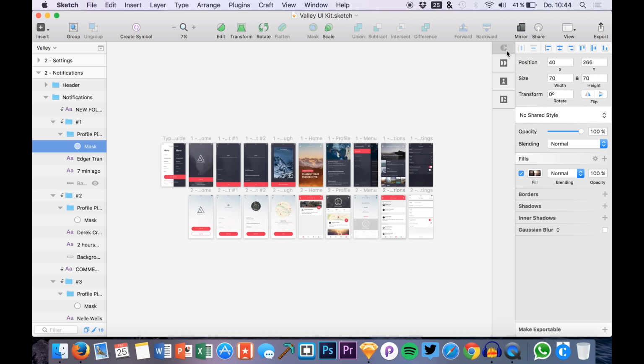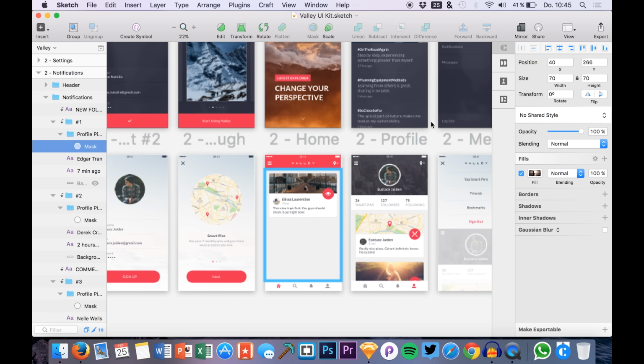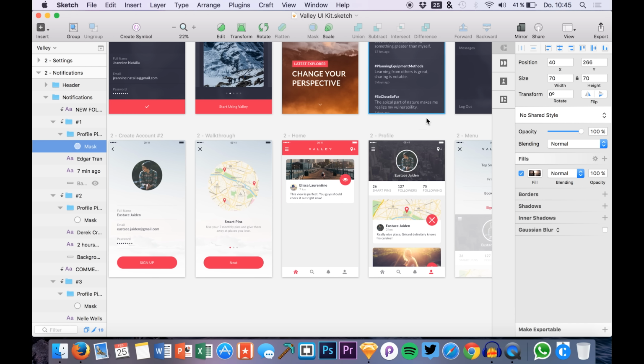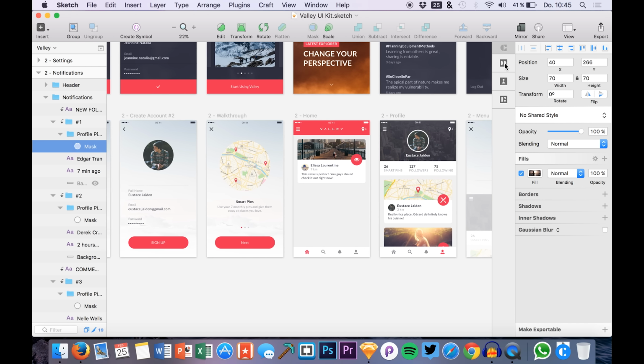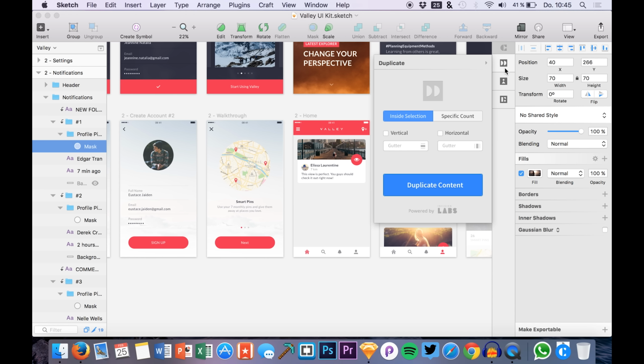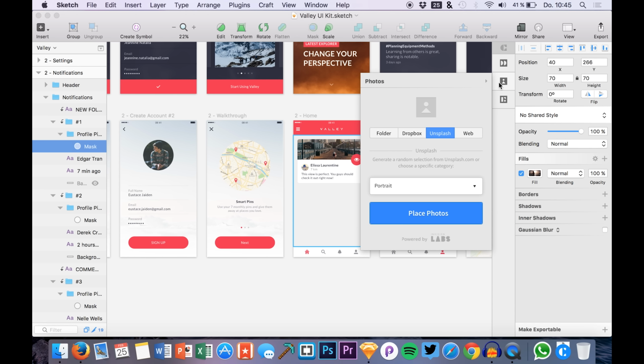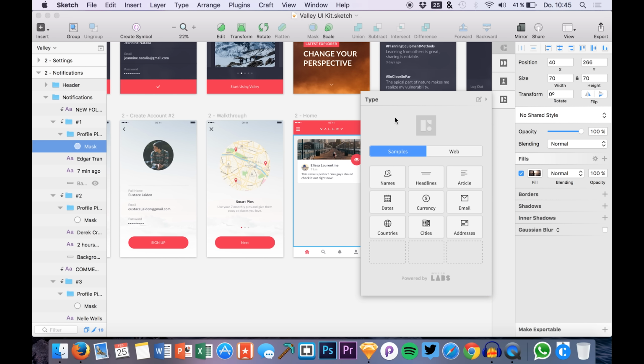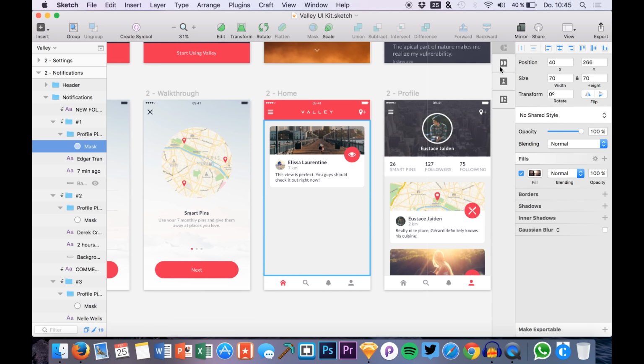And right in Sketch we get this nice little sidebar right here. I have a UI kit, so this will help us to test out the plugin. Let's just explore the sidebar first. We have a duplicate button right here, which will help us to duplicate content elements. Then we have photos, where we can simply add photos from Dropbox, Unsplash and so on. And we have some sort of type and content generating feature. Maybe we just start out by using the duplicate